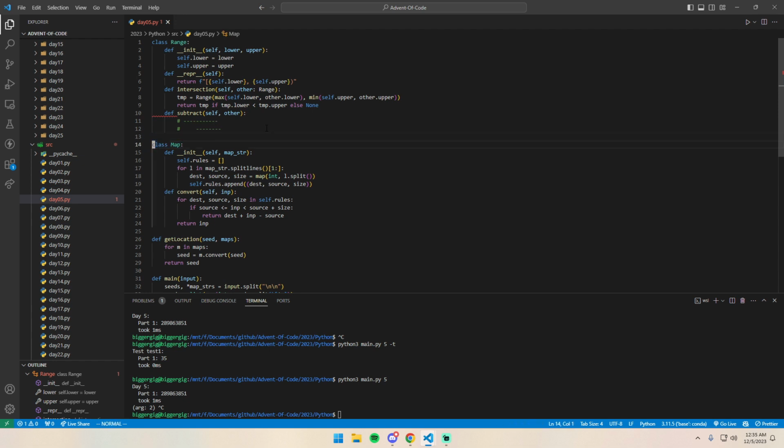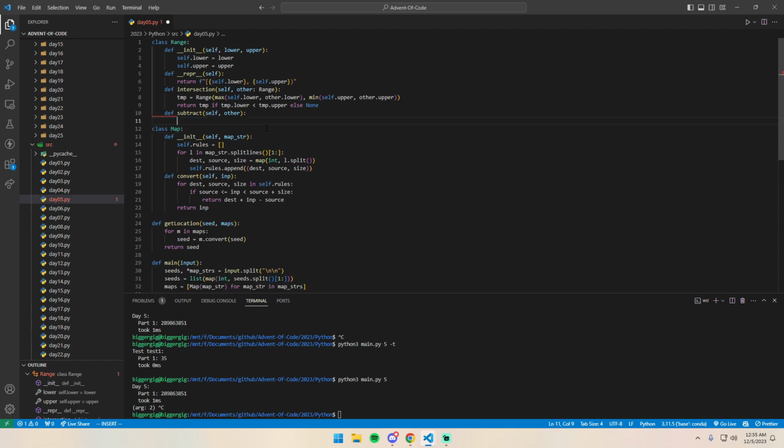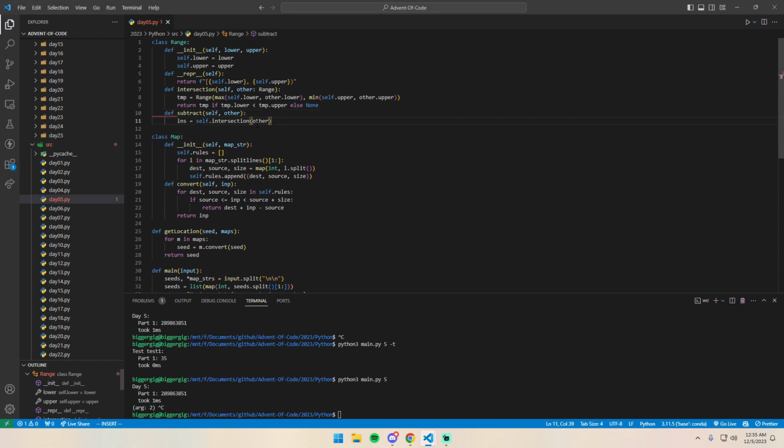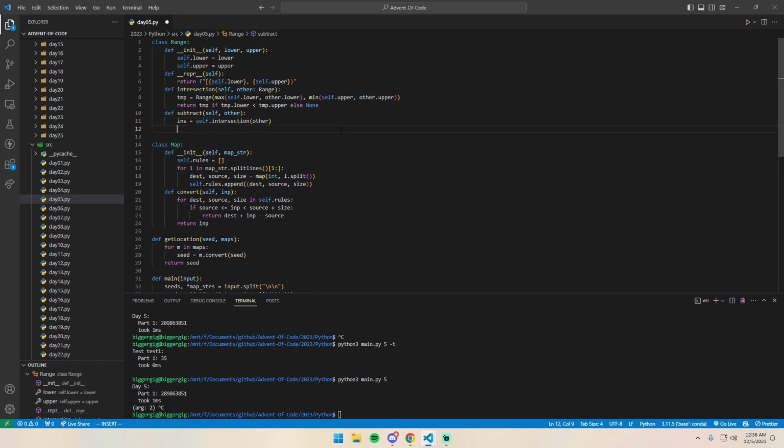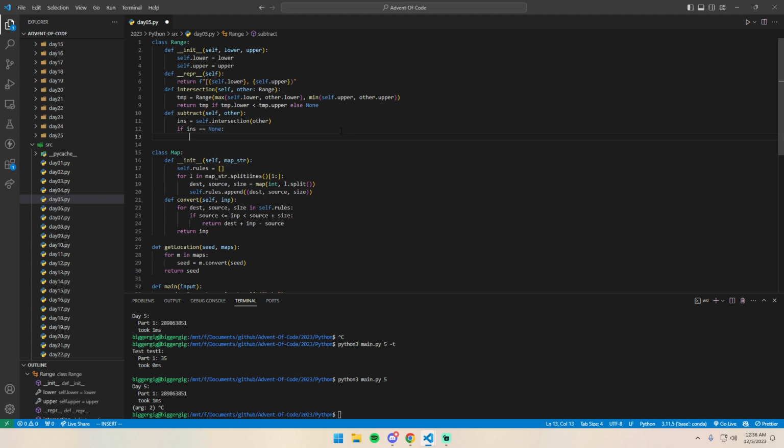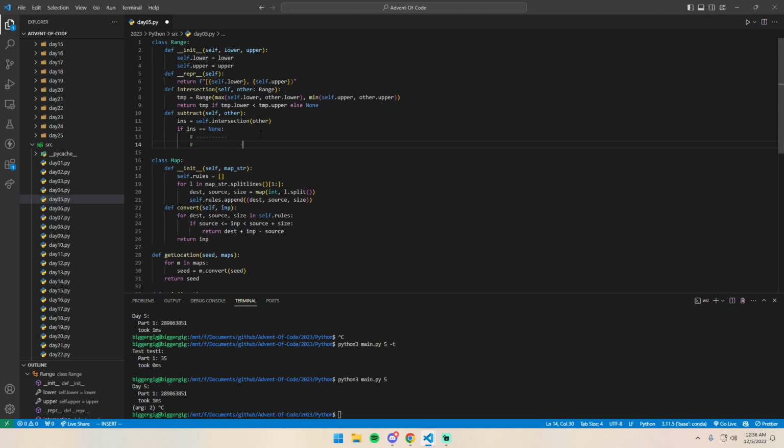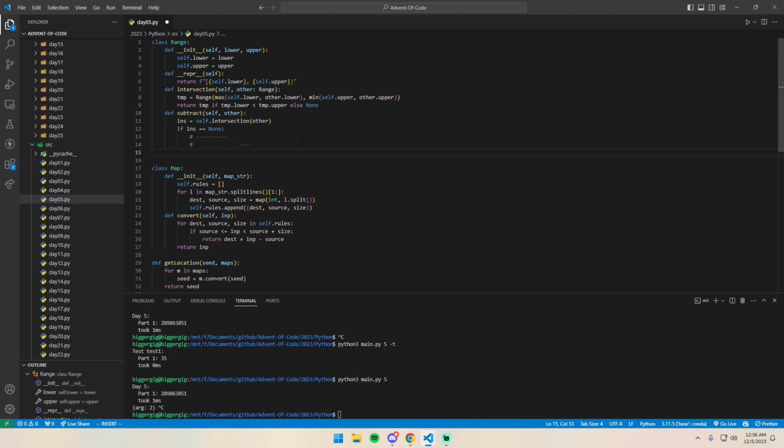So the way we're going to do this is by cases. First of all, we're going to get our intersection. So like this, we call our own intersection function with ourselves, and then pass in the other class. Now, if the intersection is None, which is returned here, that means these two ranges don't intersect at all. So our subtraction should do nothing, because if I'm trying to subtract these values from this range, I just do nothing. So we return